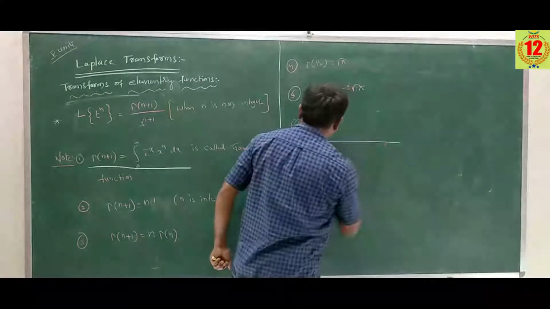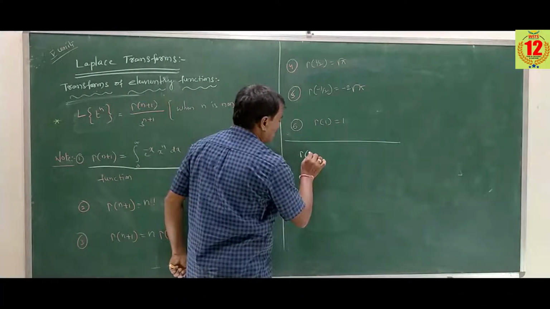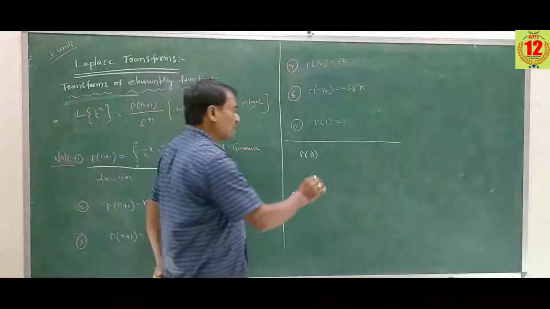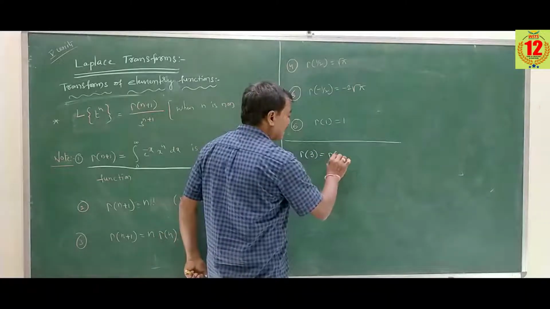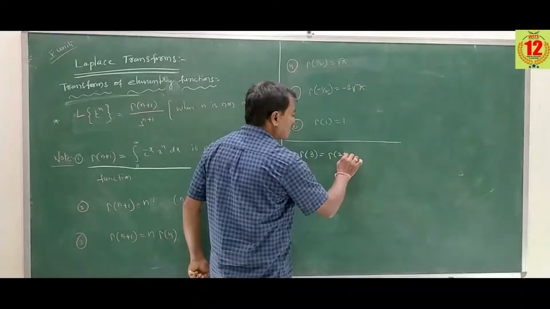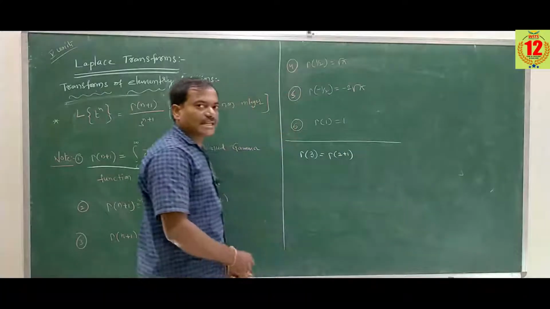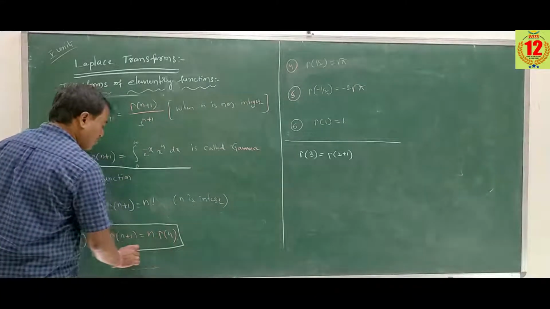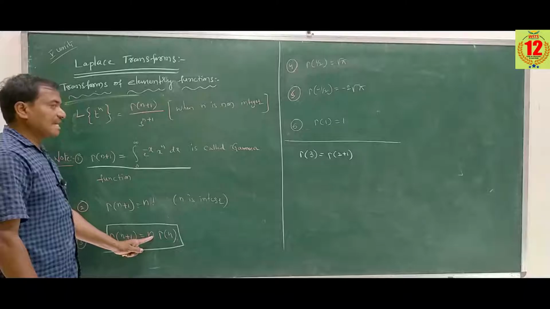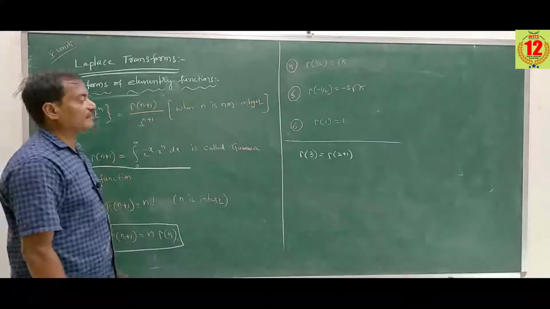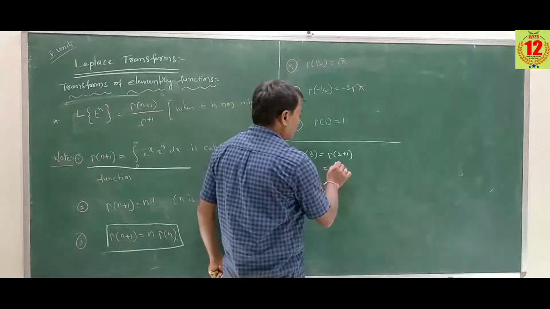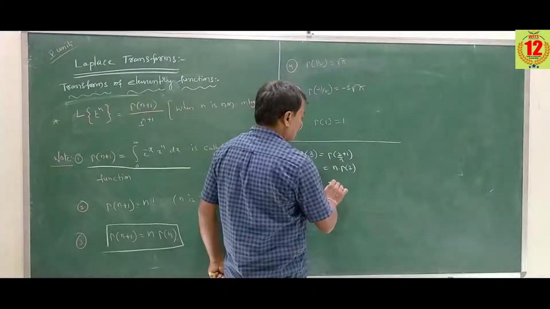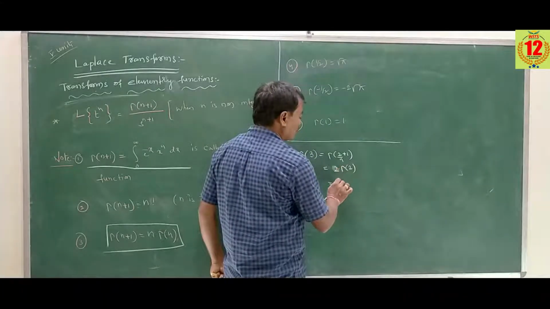Gamma of 3. How to find gamma of 3 value? So this gamma of 3 can be written as n plus 1. What is n here? 2. By using this property, gamma of n plus 1 equal to n into gamma of n. So therefore, where n, this is n into gamma of n. So what is in here? This is 2. 2 is as it is.